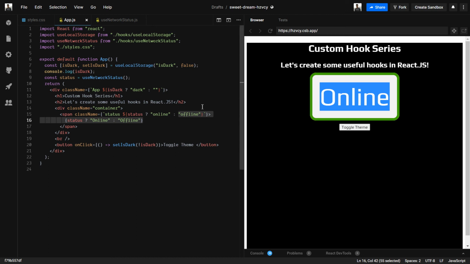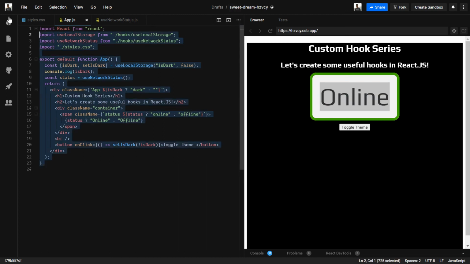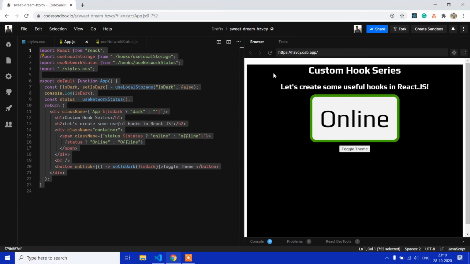So this is how you can make a simple hook to do some really good stuff that enhances the user experience. This was inspired from the video done by Nail Jomar from the Kodu community, who did this with vanilla JavaScript, and I have converted that to a custom hook. I hope you like this video. Thank you.